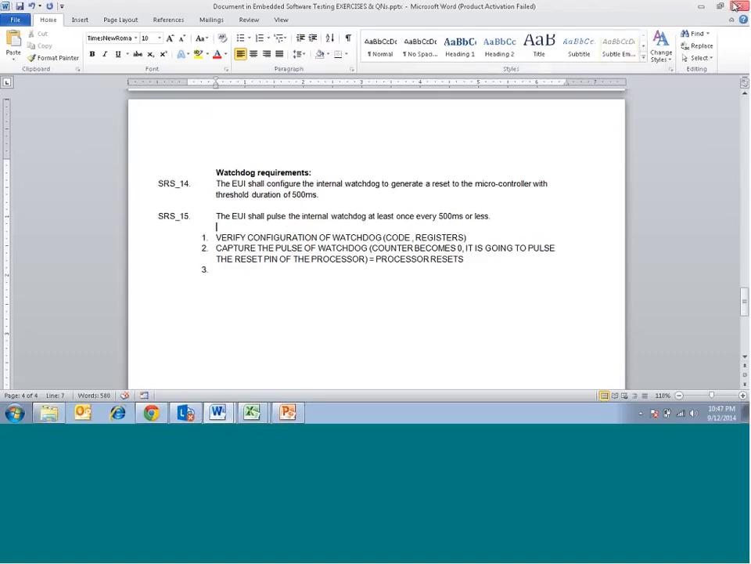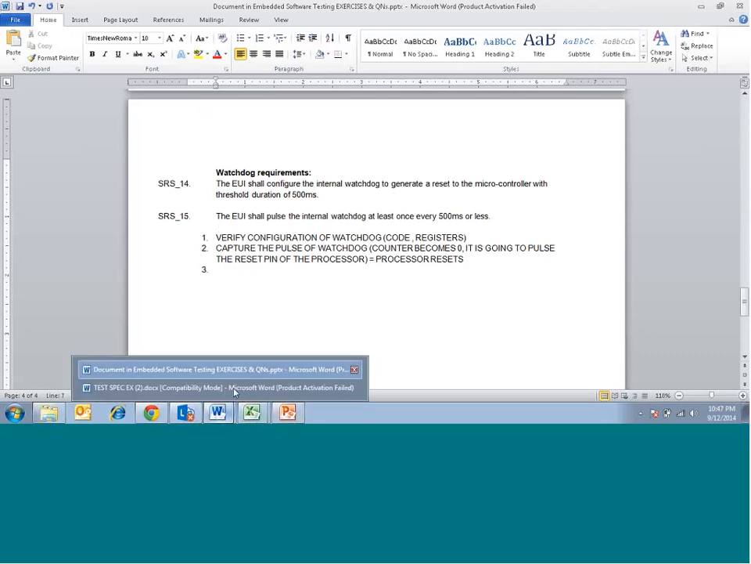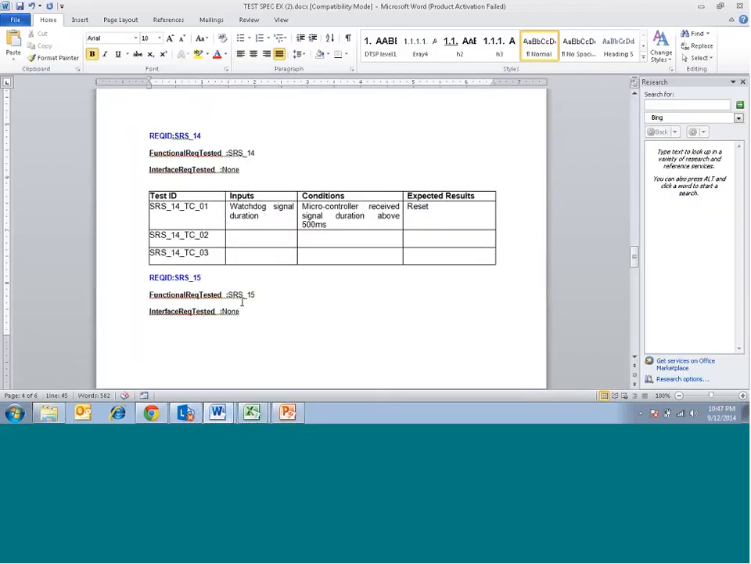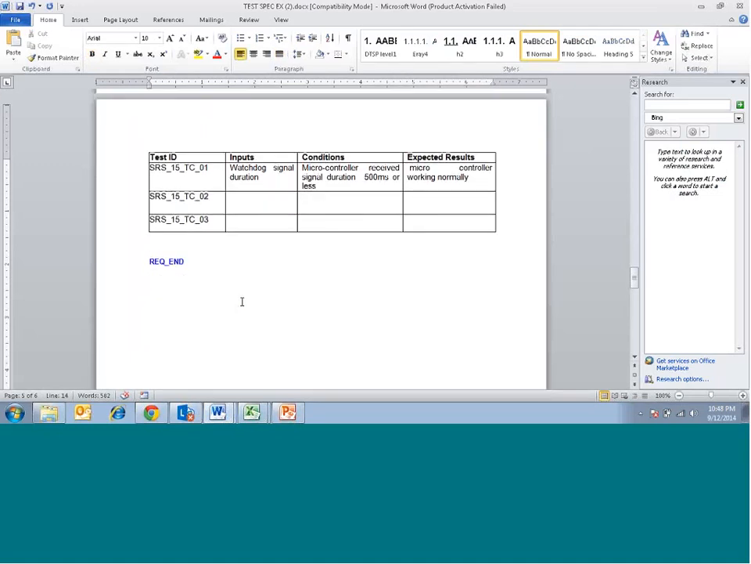Okay. So likewise we are going to have the test cases defined with test ID, inputs, conditions, expected results,